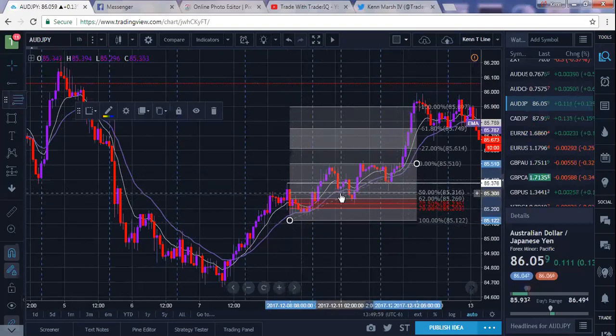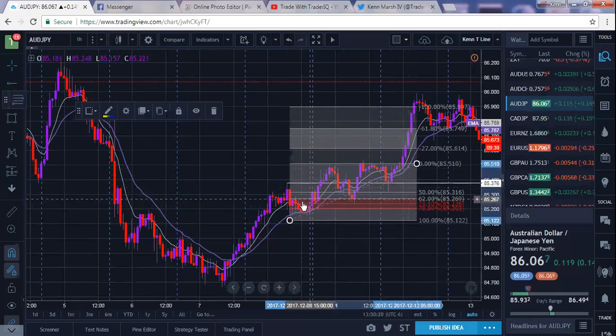You can see it came down into the 50% level, triggered people into buy, because the 50% level is a very popular level for traders to take trades, and they usually put the stops just below there. But you see how that works out? Then they come down, they take those stops out. Once they do that, it comes right into my strategy entry level, which is in this red area between the